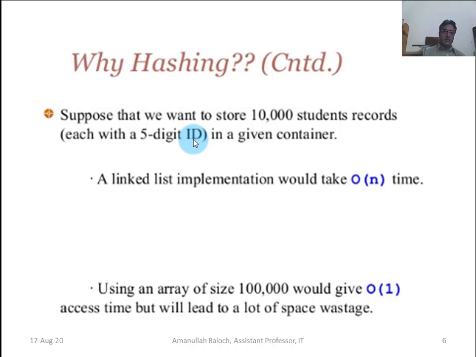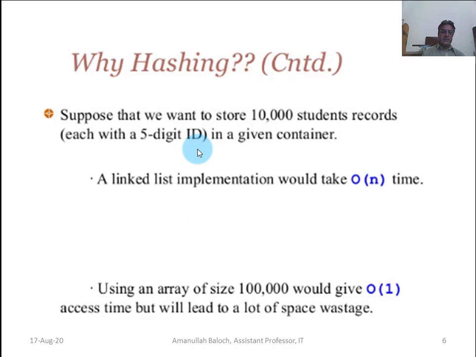As in the examination, let's suppose my roll number is 56225. This is a 5-digit roll number. So a student may have a 5-digit roll number, let's suppose 99999, 5 nines.